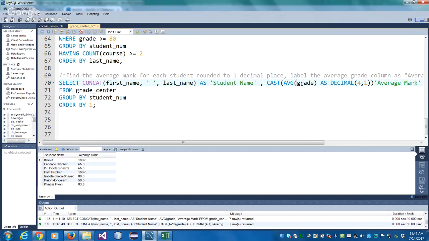You can do that in programming languages, but MySQL is not allowing it. The average function returns a decimal if its arguments are integers or decimals, and it returns a double if its arguments are double or float. So average is returning a decimal, and you can only cast a decimal to a